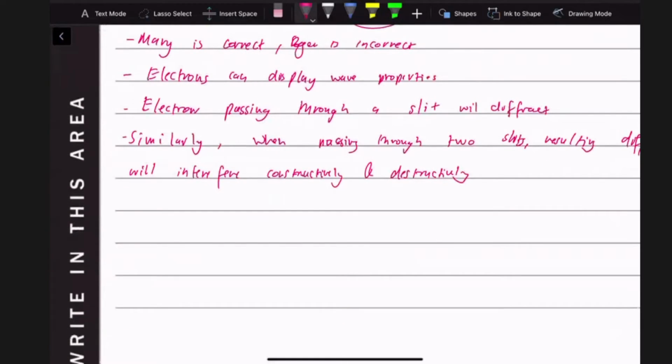And then to sum it up, you'd say since diffraction and interference are wave properties, these experiments